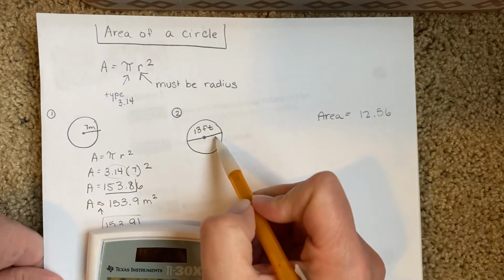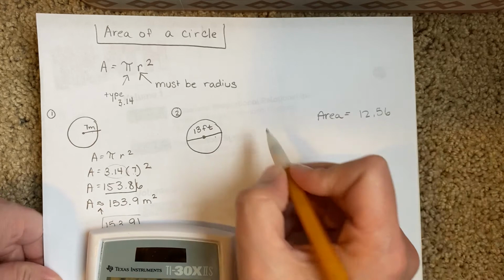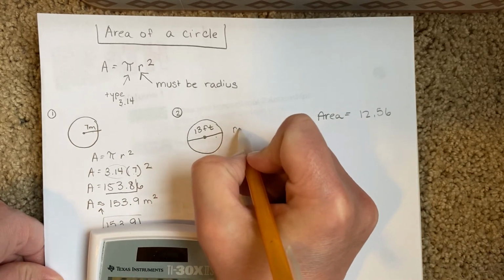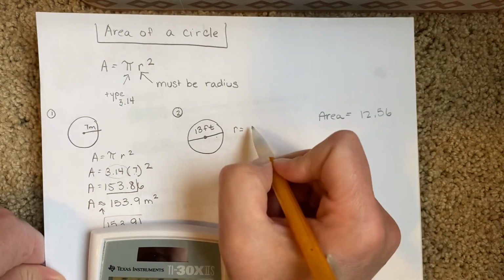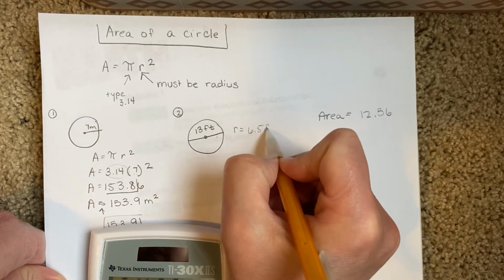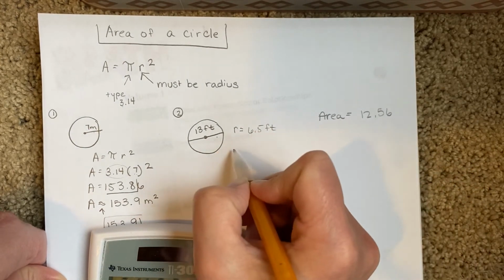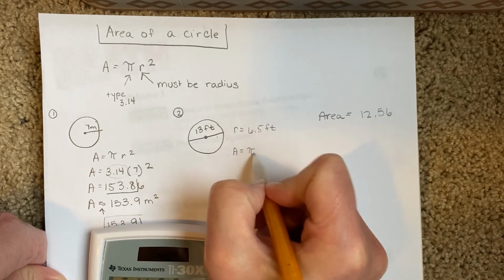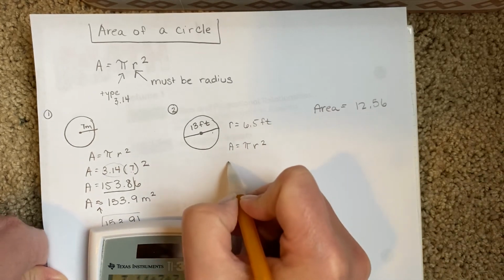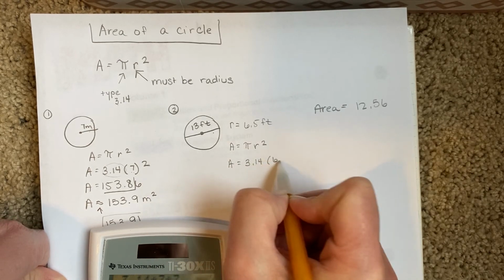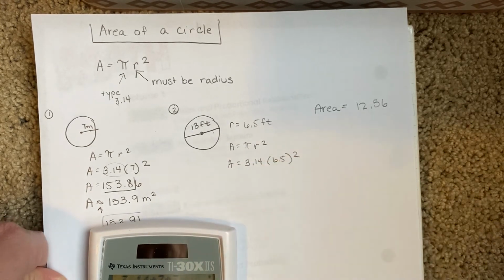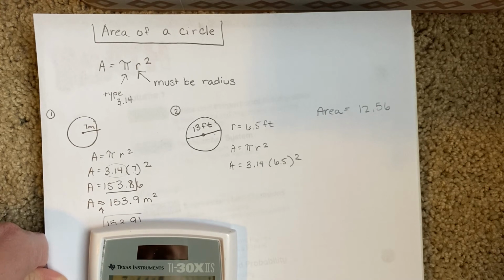Next one, this is diameter. So what I'm gonna do right away is write off to the side what the radius is. So if the diameter is 13, the radius would be what? 6.5 feet. And now I'm ready to go ahead and solve. A equals pi r squared equals 3.14 times 6.5 squared,